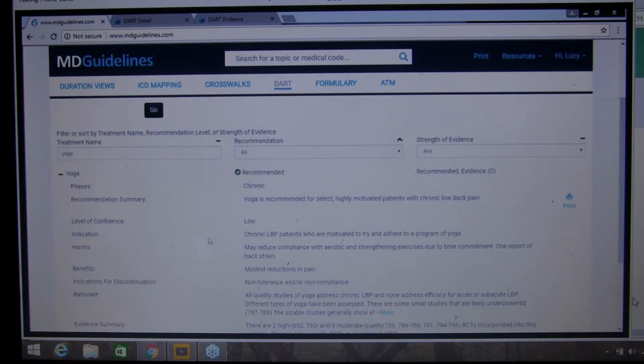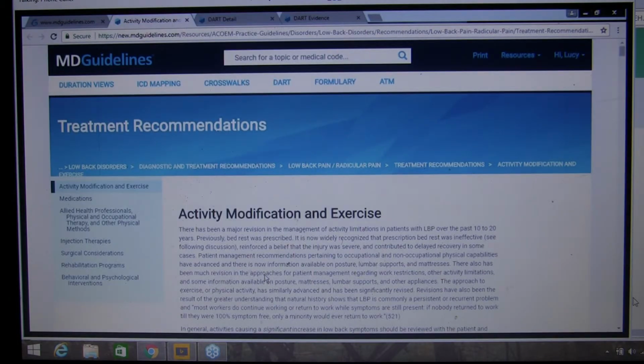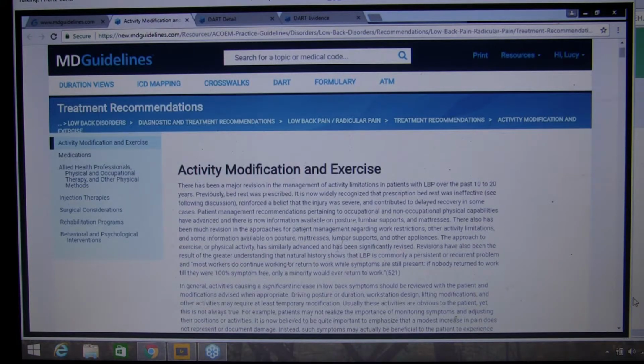I'm going to open up this recommendation and scroll down. In this recommendation, you'll see a reference, and it takes you to the full text of the guideline. So if I click on this, I am now in the section where yoga will be found of the full-length practice guidelines. Again, it's just another way for users to get back and forth between the content. If the information that they're finding in DART, they want to read more, this is a way that allows them